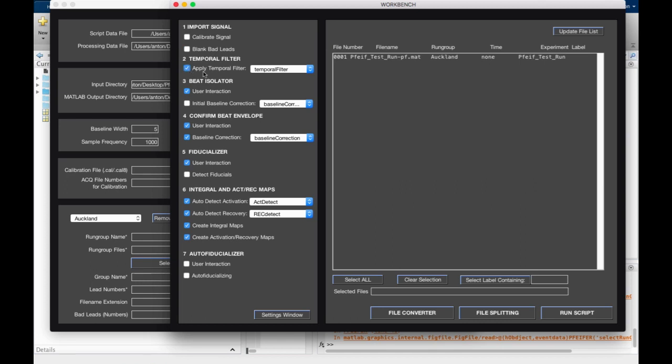We want to apply a temporal filter. We want to do baseline correction. We want to detect fiducials. And we want to do auto fiducialization. All right. So now that we've got the settings that we want selected, we can select our run, select run script,